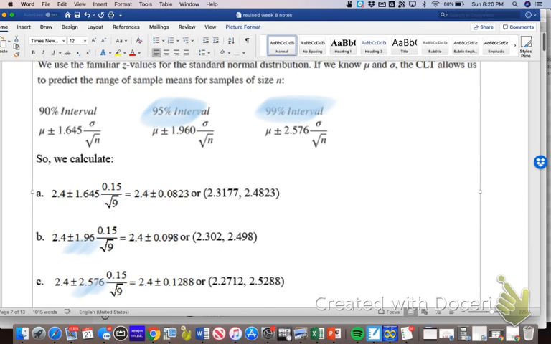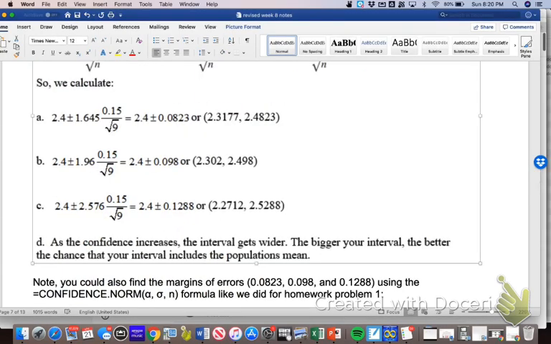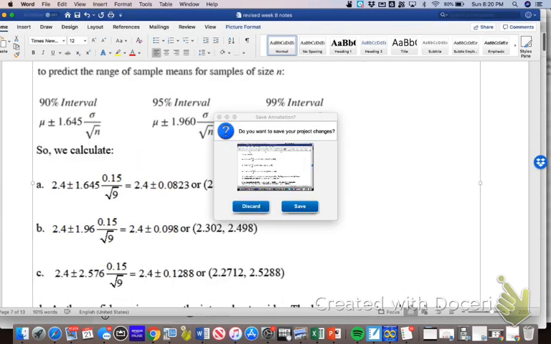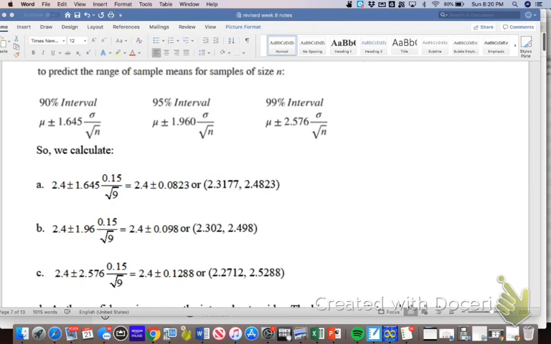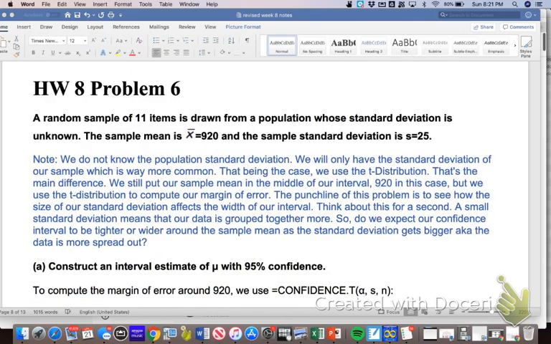And so part D asks you, as the confidence level increases, what's happening to the intervals, and you can tell that they're getting wider, right? Because obviously, what's the highest confidence level we've got? So a 99% confidence interval is obviously going to be bigger because it basically means there's a 99% probability that the number you're looking for, the mean, is in there. So the more confident you want to get, the wider that range is going to get. Okay, big note